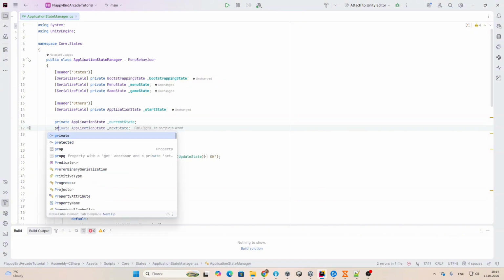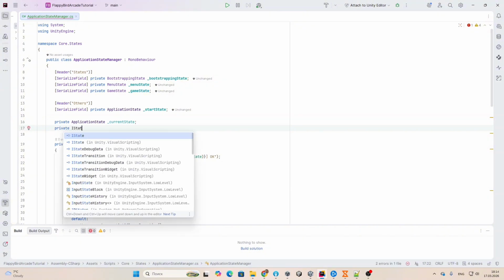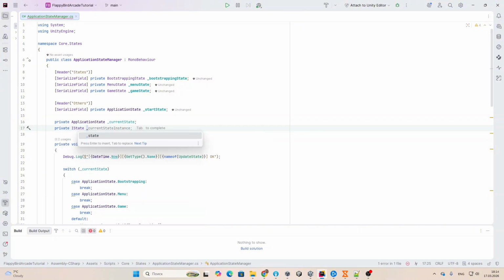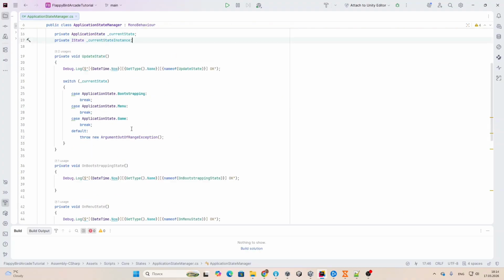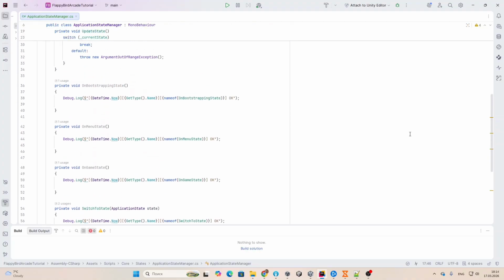Sorry, we will add a current state instance that will help us to work with the current state, and